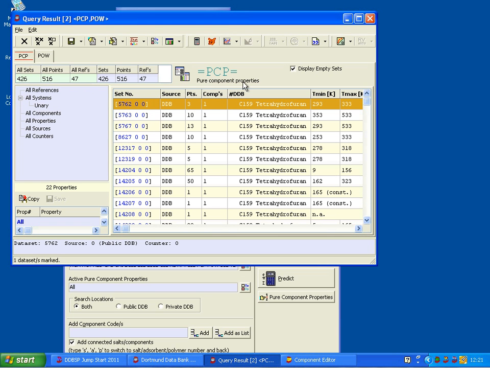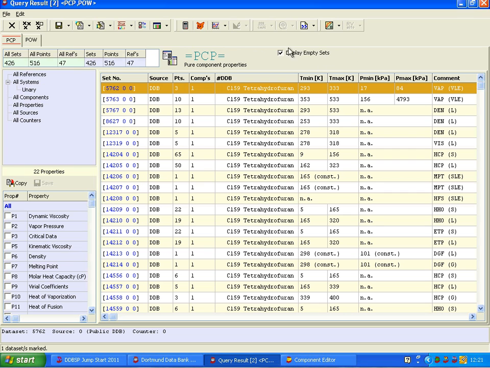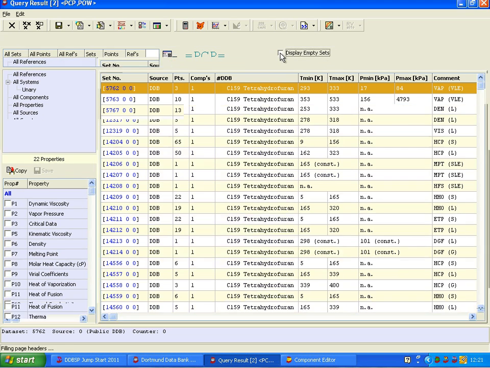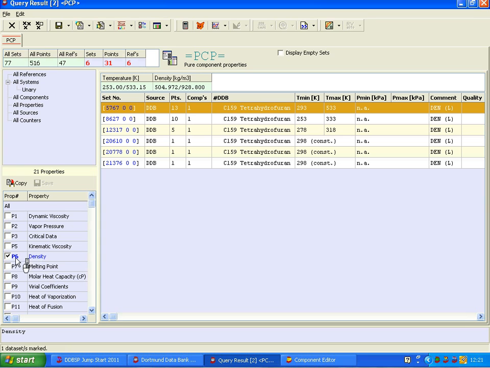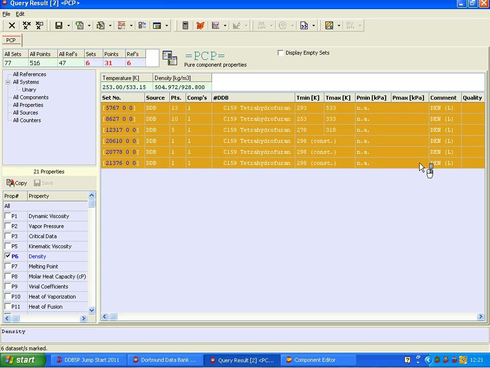This is PCP. PCP means pure component properties, and we also have all the empty data sets, which means the ones that are in the full DDB but not in this free version. I click this off. Now we see only what's available in the free version. I go to density down here. These are the data, all liquid densities, and I can mark them